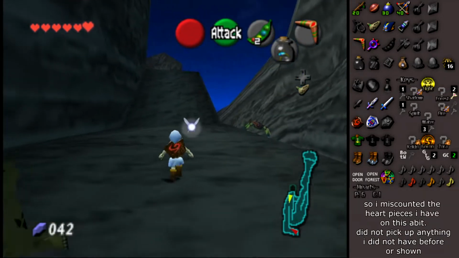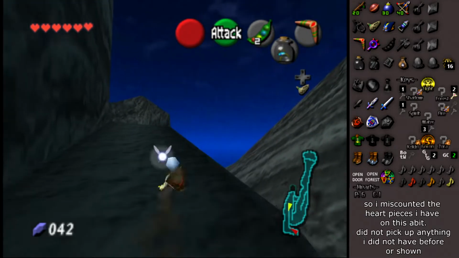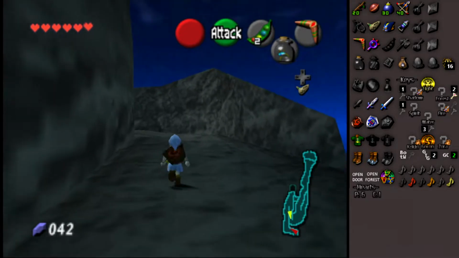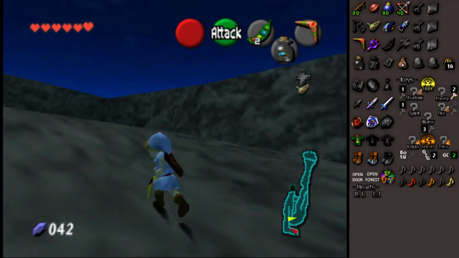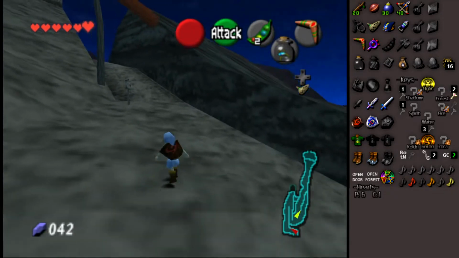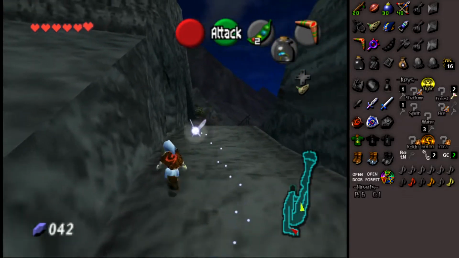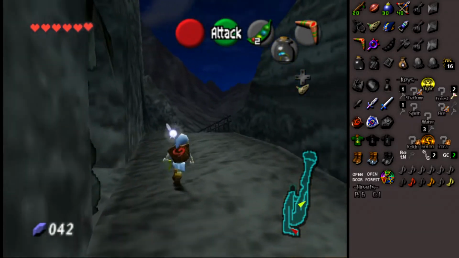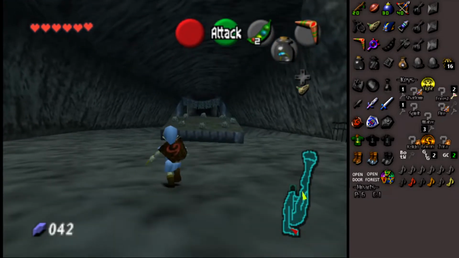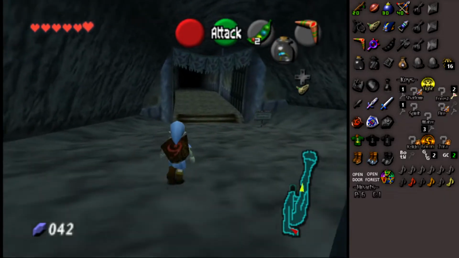We have 6 containers. I don't know how many containers we had before. But we're... Oh no, I don't know how many I had before. Also, I would go to the top of the crater, but there is like 0 point of doing so at the moment. Or, sorry, top of the mountain, but...